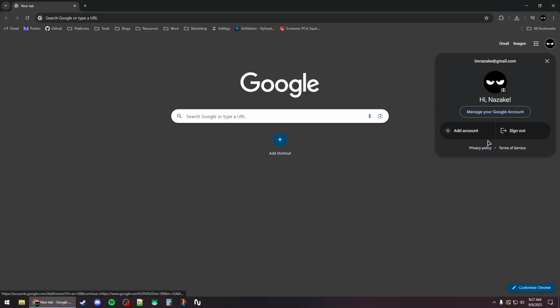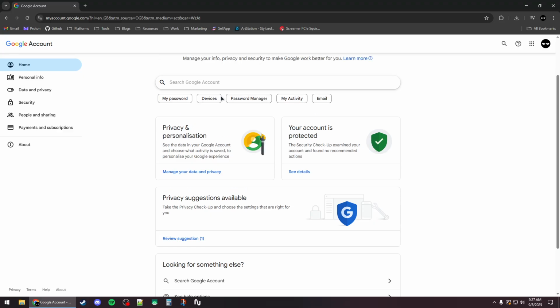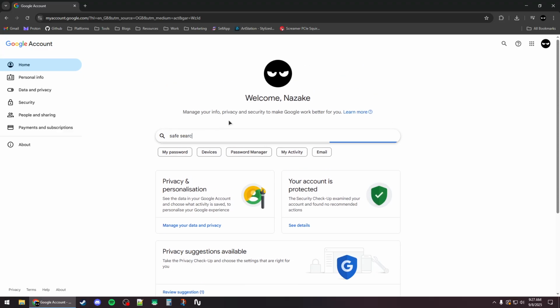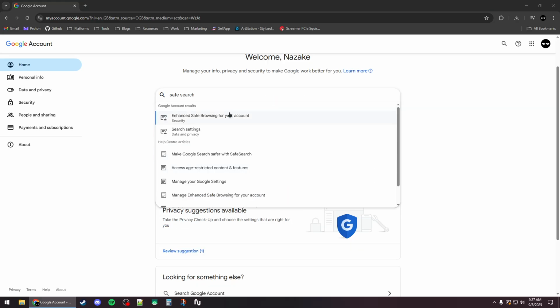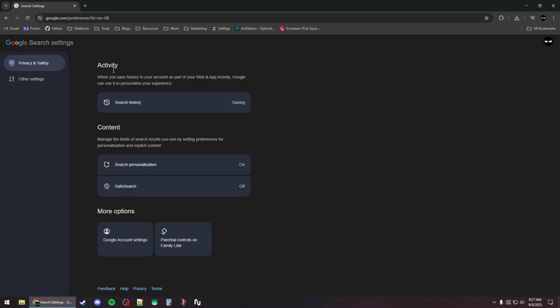Sometimes you might find Safe Search under this section right here. But in this case, we want to click on manage your Google account. And then in the search bar, you want to search for Safe Search. And then press enter. Now you will need to click on search settings, which is right here, and it should open up this page, which is